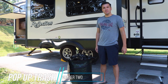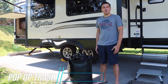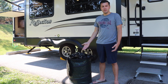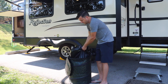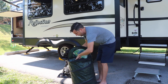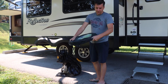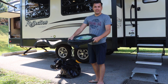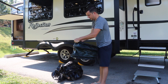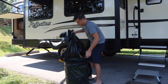This thing is very handy because we can have our trash outside so it doesn't stink up the rig. And also, we like to do a lot of cooking outside and eating outside, so we just throw all that trash right in there. It's super easy. It holds a giant bag. As you can see, we got some trash in there, but then it folds right up, and it has some clasps there so that it lays flat like that. And then when we pull it out, you just unzip it, get your trash bag out,